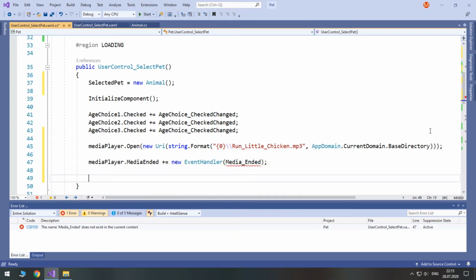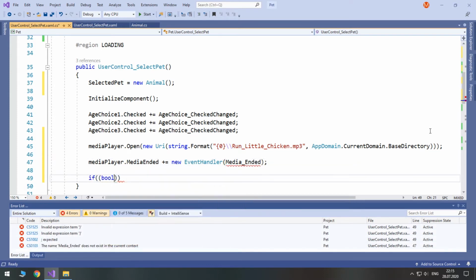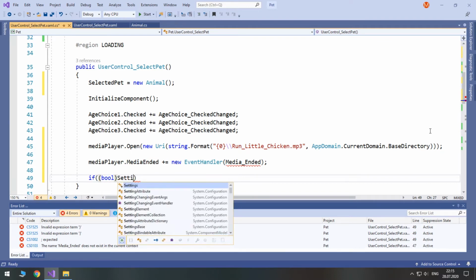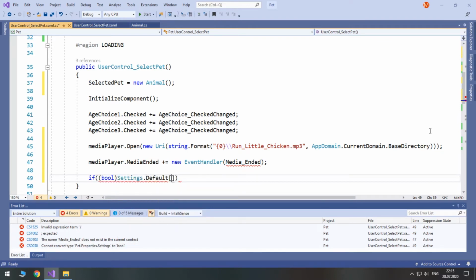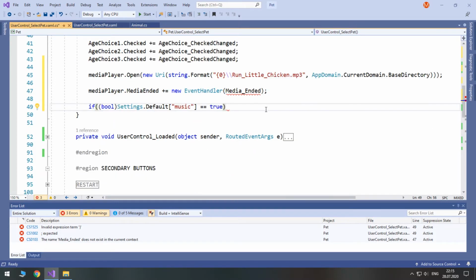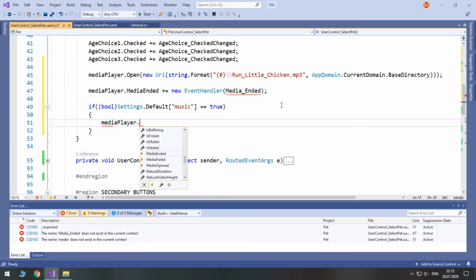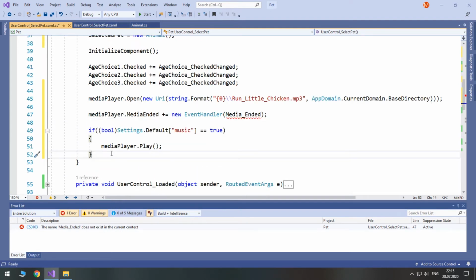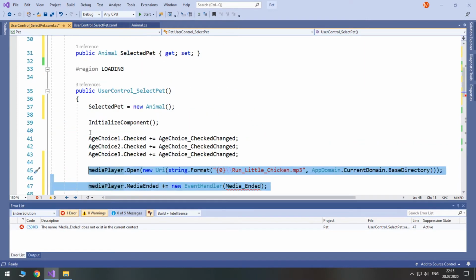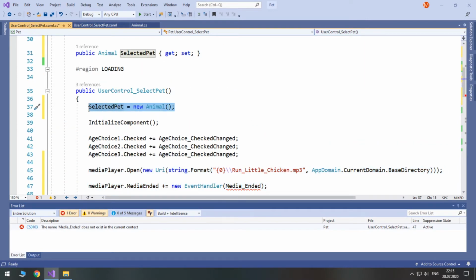After that we will check if setting of type bool, that is music, equals true. That is, if the music should be played. Then we call the play method of the media player. That's our music, and this is our property, which will be bound to from XAML.